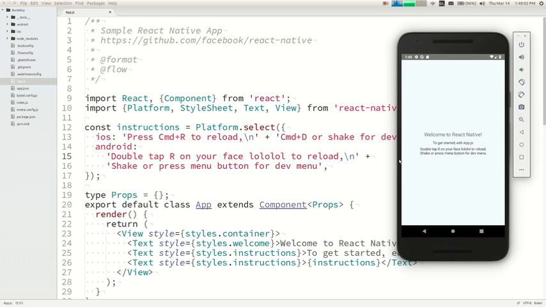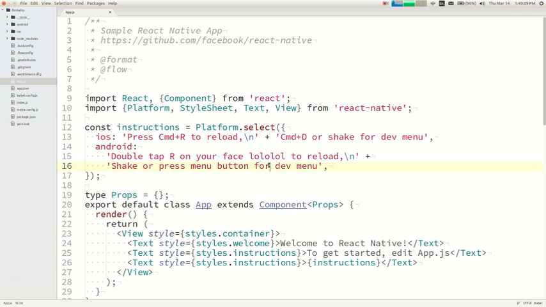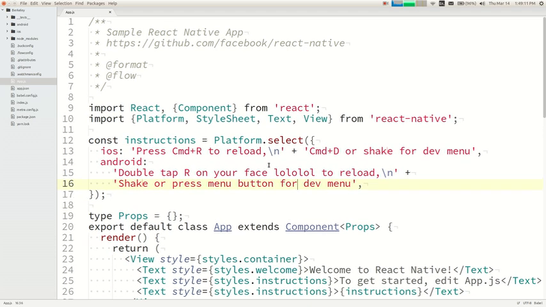Do you have any questions so far? I mean, obviously I have not explained anything about this code. I will talk about it, but so far, any questions about React Native? Okay, well,